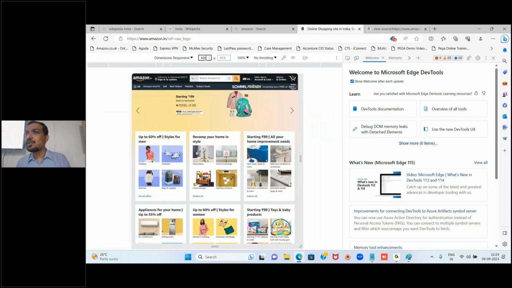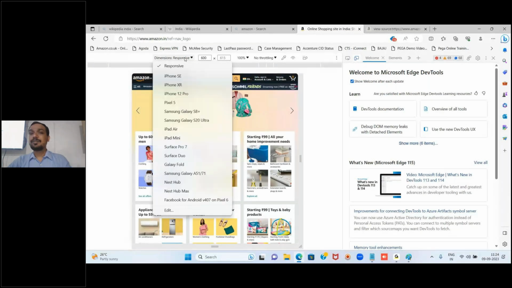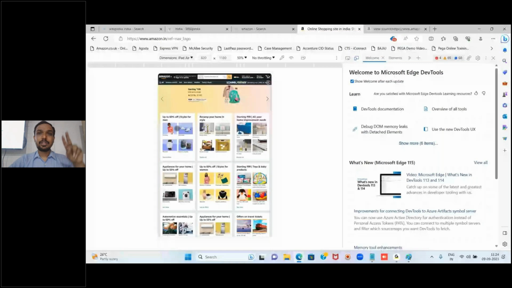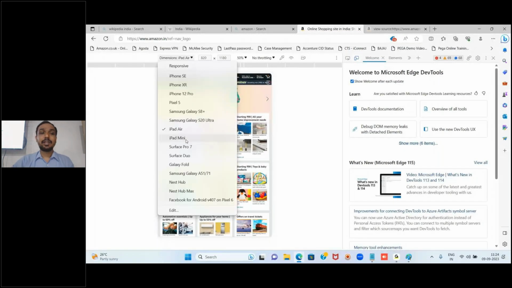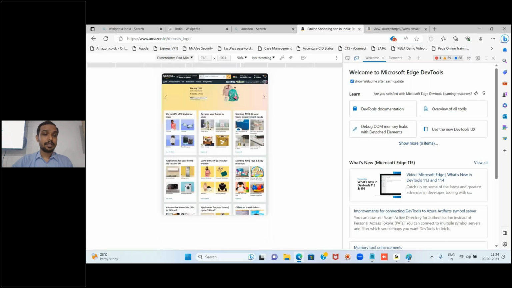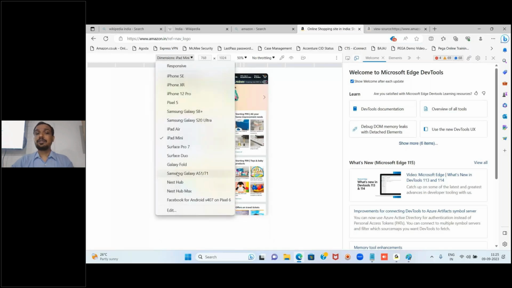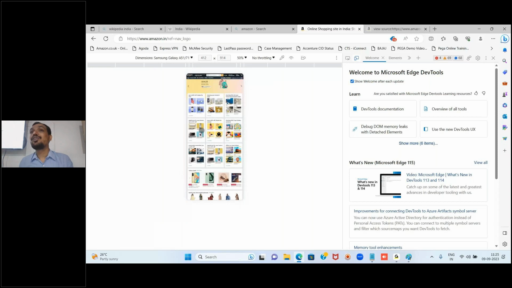If you know the dimensions of your device, directly you can check how it will look on different devices. Apart from that, by default they will give some which are very famous. Yeah, iPad, you know iPad, right? On the iPad it will look like this. There are two iPads nowadays, a small iPad mini and a bigger one. Like this. Samsung Galaxy phone, a small Galaxy phone, it will look like that. Clear?